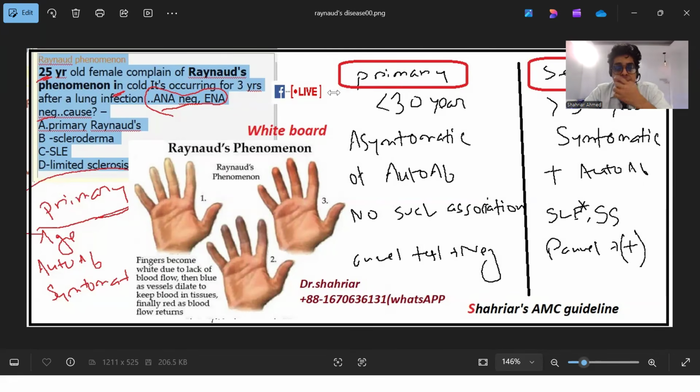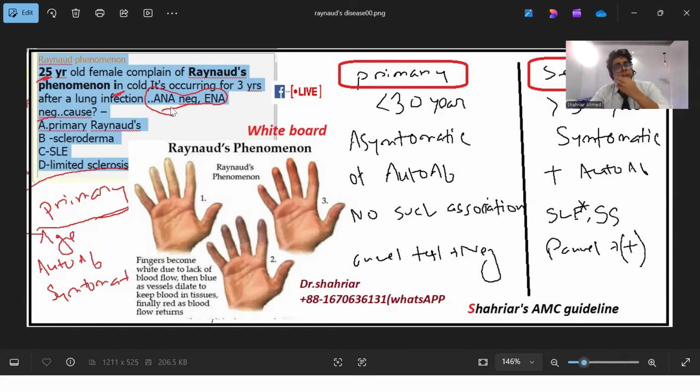25 years, it's less than 30 years. Then there's another thing. Is there any systemic disease? No. Raynaud's can be because of SLE, Raynaud's can be because of systemic sclerosis. In those cases, they have systemic disease mentioned in the question, nothing really mentioned. Only mentioning lung infection is not enough. So only Raynaud's, it's not going towards the secondary. Secondary Raynaud's means because of secondary disease like SLE or scleroderma. Nothing mentioned like that. So this one is asymptomatic. Matching with our question with primary, yes.